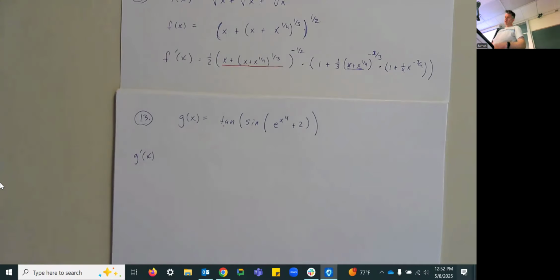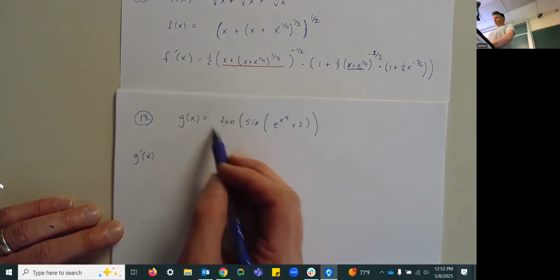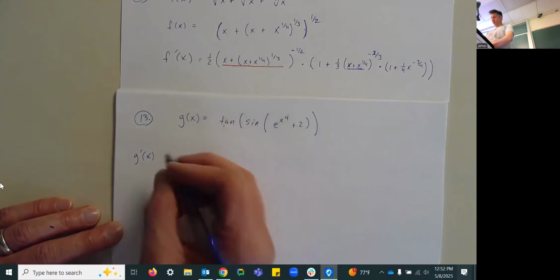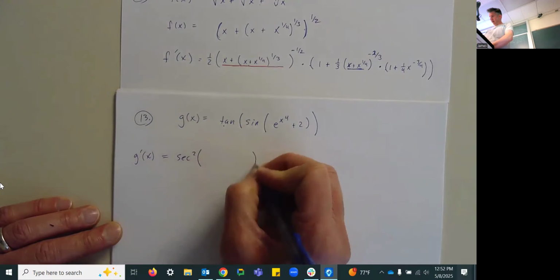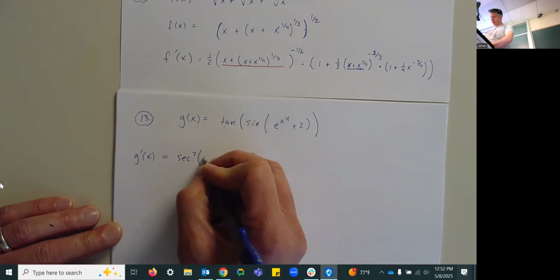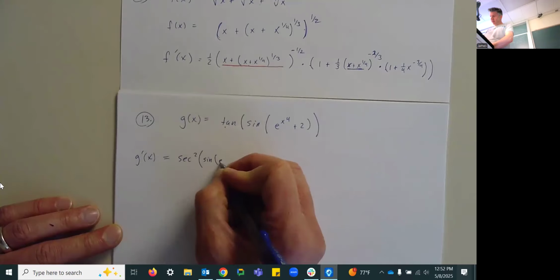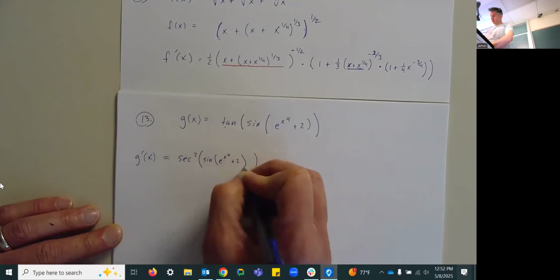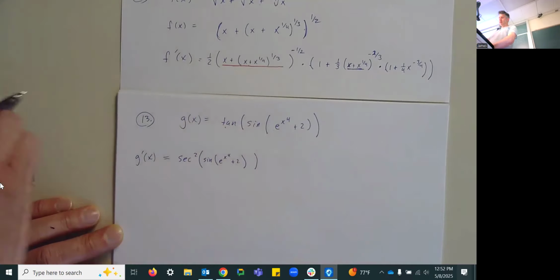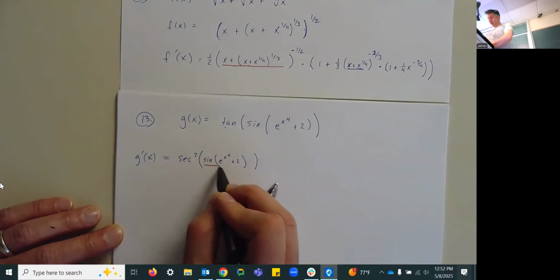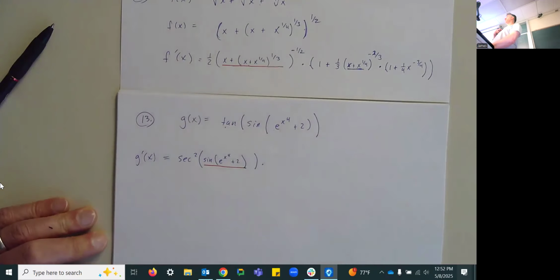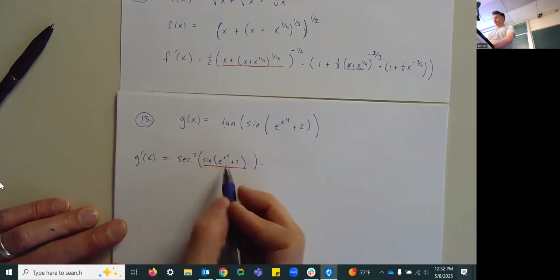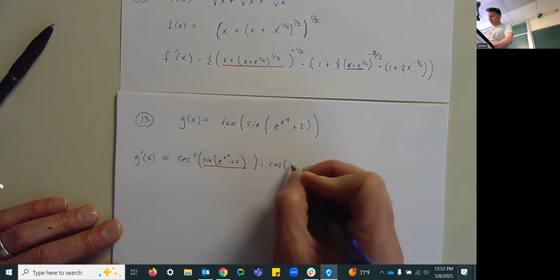Okay, so let's look at this piece to the problem. Outermost function is tangent of all that stuff. So we know our derivative is going to be secant squared of all that stuff, our stuff being sine of e to the x to the 4th plus 2. But now we have to multiply by the derivative of the inside stuff, which is going to be, well, the derivative of sine of x is cosine of x. So the derivative of sine of some stuff is cosine of that stuff,